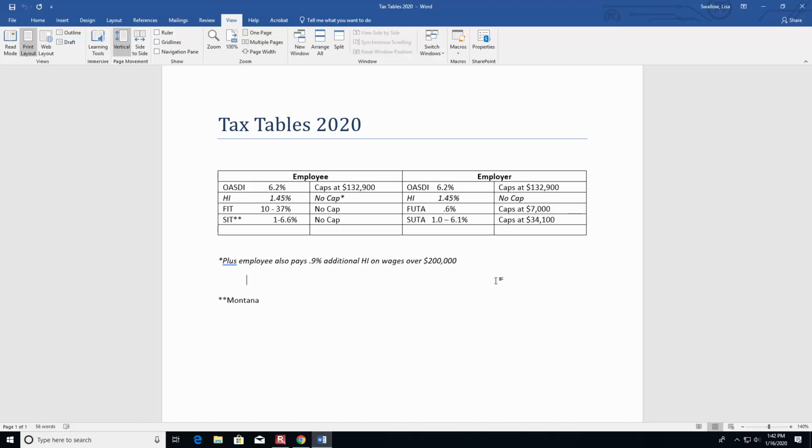There's an add-on tax that came as part of ACA. Obviously, ACA costs money. How are we going to fund all this? One of the taxes was on Medicare. And if you make $200,000 or more a year, you pay an additional 0.9% on the amount over $200,000. So effectively, your Medicare goes up to 2.35.